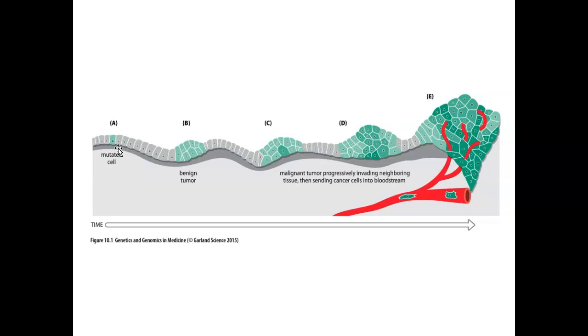So from that point they can move on and sometimes detach themselves from wherever they're located and metastasize, and that's where they can set up shop in other organ systems, and that's obviously not good. So that's a generalized progression of the fundamentals of how a cell can become cancerous and lead to further stages of cancers.